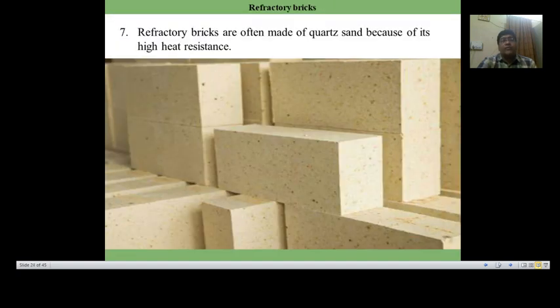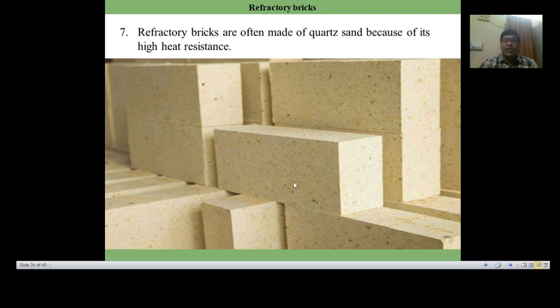Like this, in refractories, quartz finds application in the manufacture of refractory bricks. Refractory bricks are the bricks which are known for withstanding high temperature. As quartz has the ability to withstand high temperature, quartz is used to prepare the refractory bricks. Refractories are the materials which have the ability to withstand high temperature without showing any sign of deformation or cracks or breaks in them.